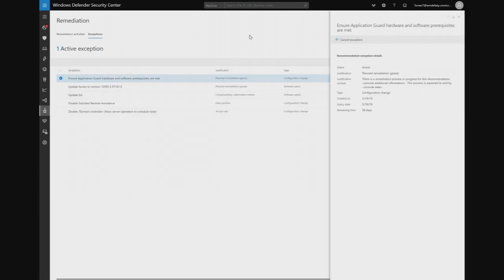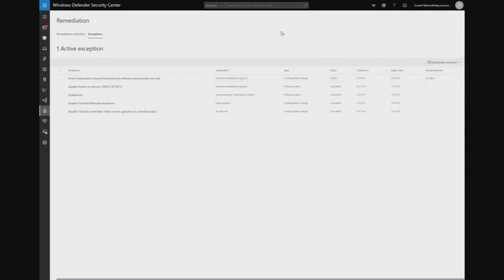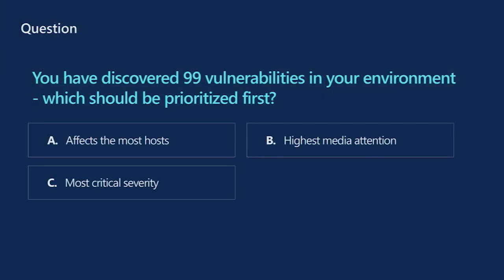You can decide to cancel it. You can see which one is active. And this allows you to manage what you want to fix in your organization and what you don't want to fix. But the idea is to tell you what is the most critical, that is causing the most risk to the organization right now. So before we wrap up, let's revise and go back